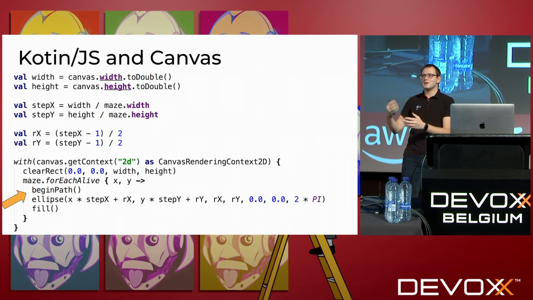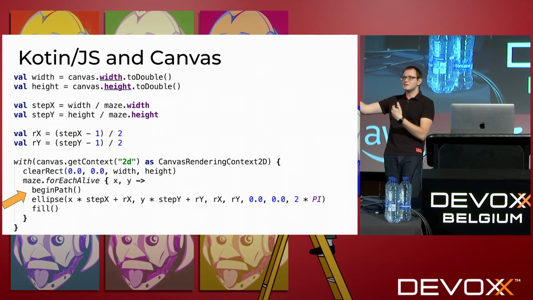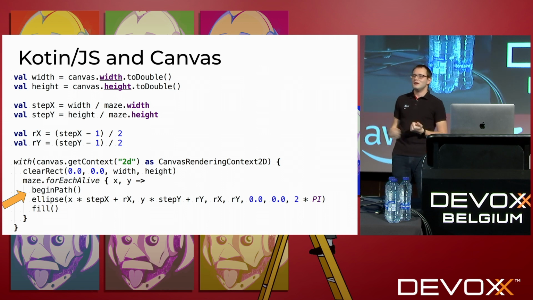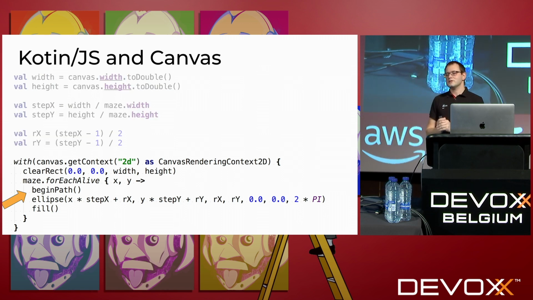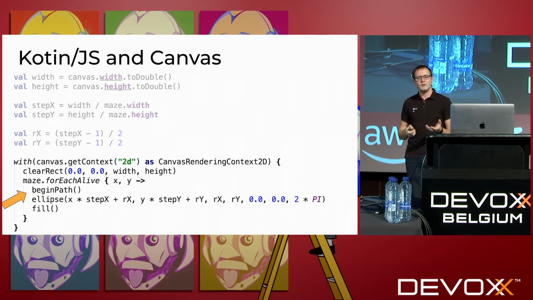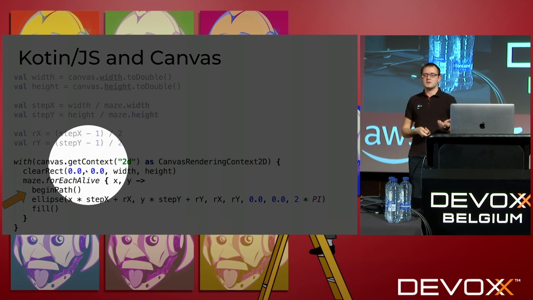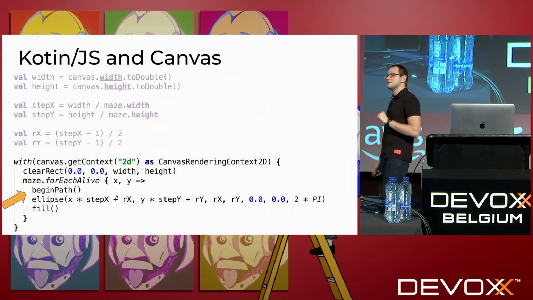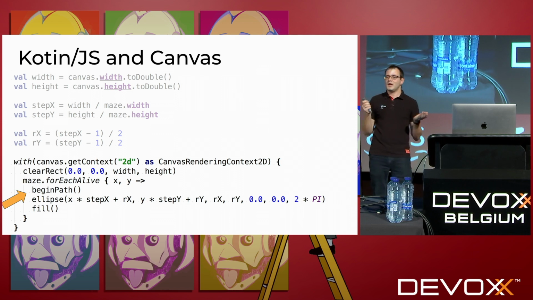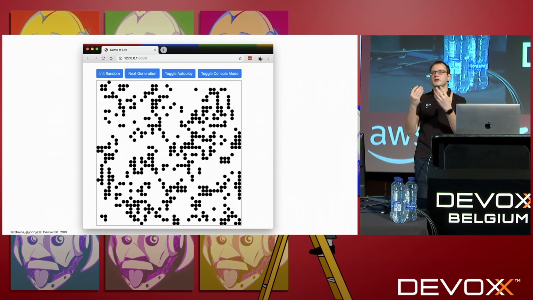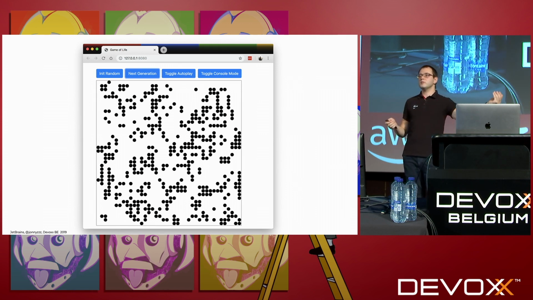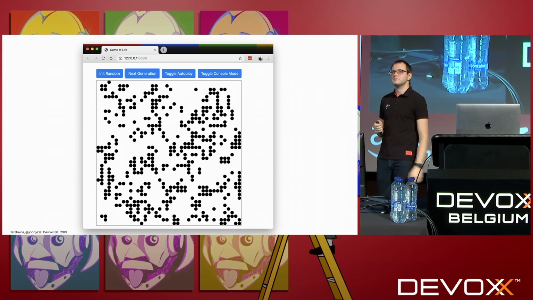And the thing is that you can use Kotlin JS. You can deal with JS from your Kotlin, so you don't need to write JS code to deliver a JS application anymore. And if you hide any math here, the canvas rendering is pretty easy. I just have the canvas of the given type, which is pre-imported in the Kotlin standard library. And then I say, okay, let's draw ellipses of a given ratio and size and the given coordinates. And that was it. So I was able to render the same thing in the browser in the canvas easily. The same algorithm is now running in the browser.